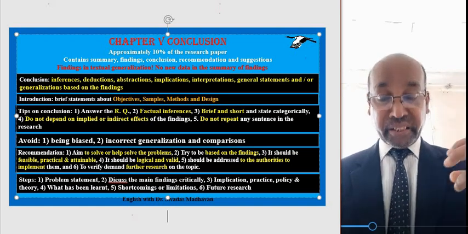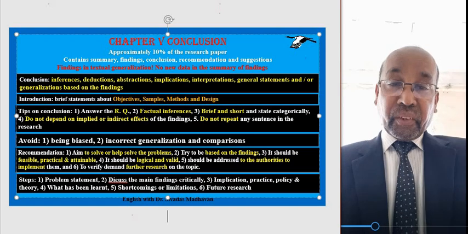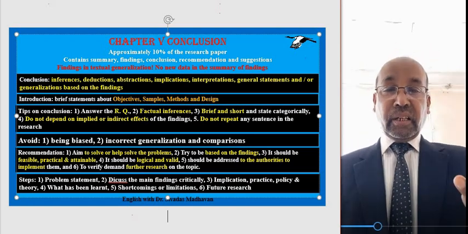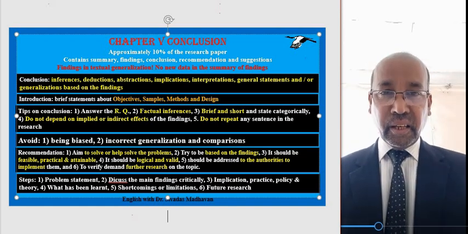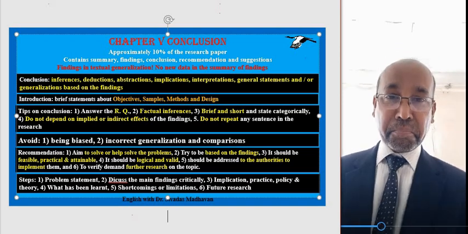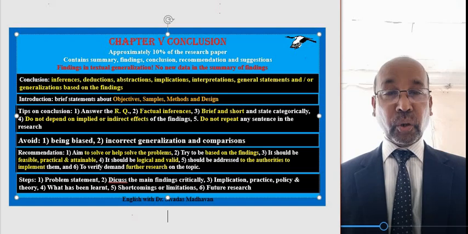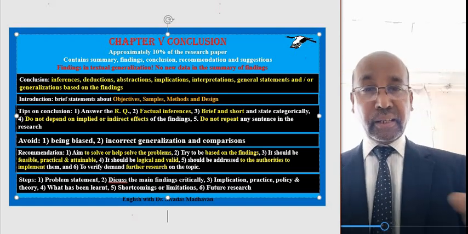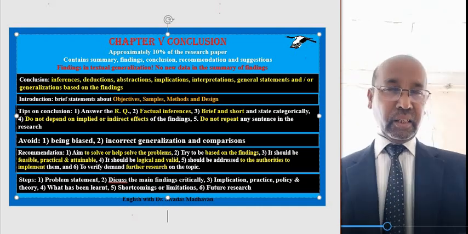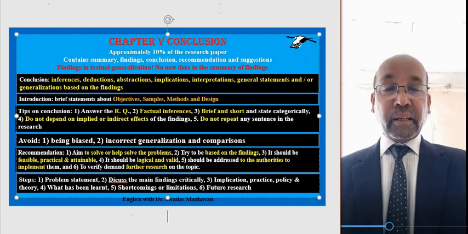Because in the last chapter, in the conclusion, you have to mention the research questions or the research problems and the objectives of the study, the research methods, research design, etc. It must be matching. Otherwise, it will not be acceptable. So, the head and tail must be matching. Introduction and conclusion must be matching.